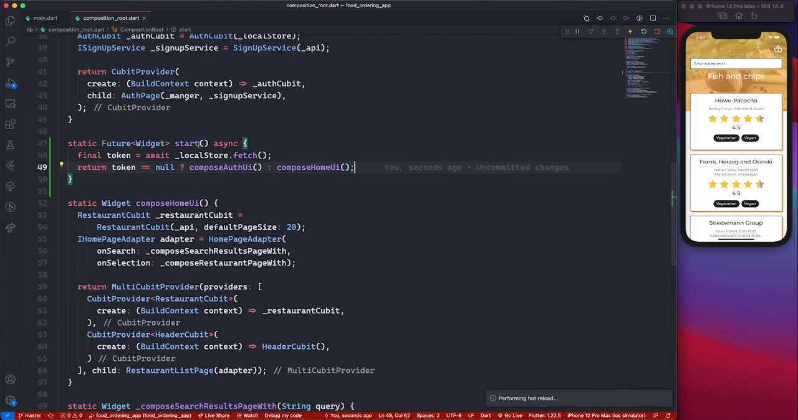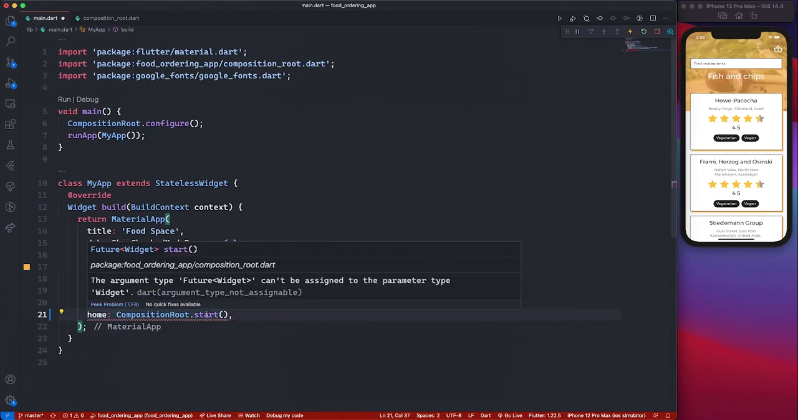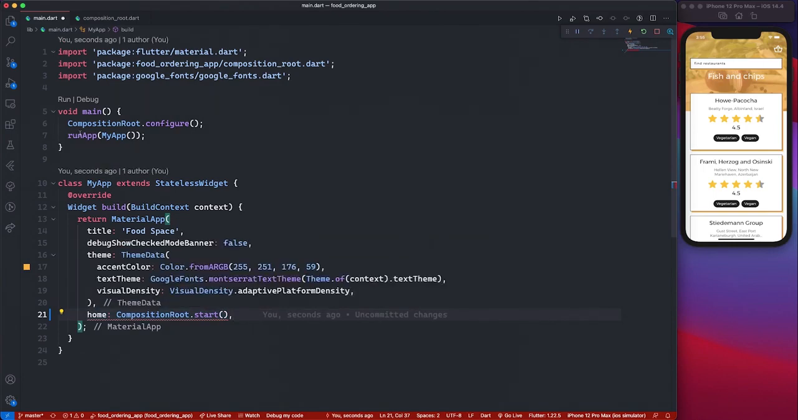And that's it. So now inside of our main, instead of showing the home UI here, we will call our start to show here. But because our start is an asynchronous method, we cannot say start here, else Flutter is going to scream, right? We need a future widget. So what we're going to do is, inside of our main, we can actually make our main async, and then after we have